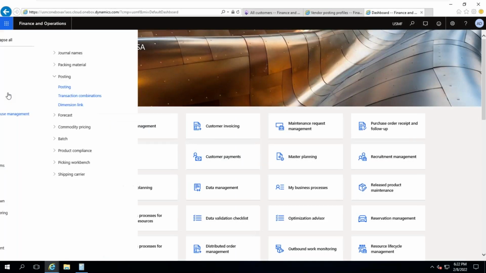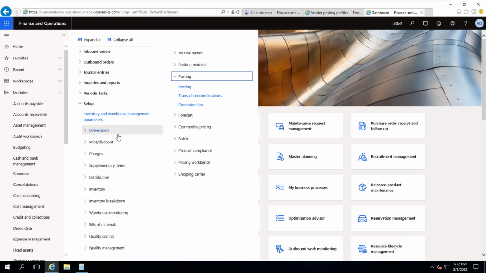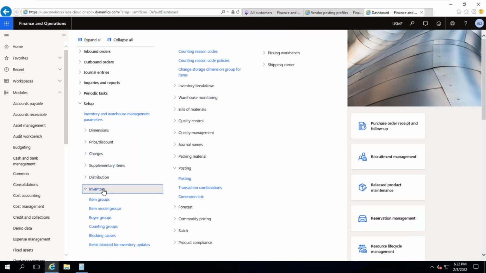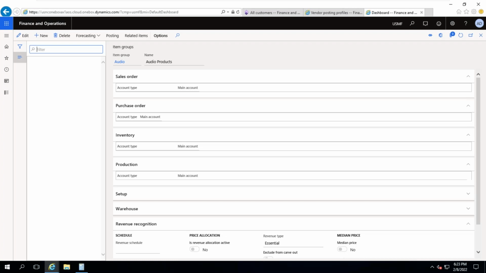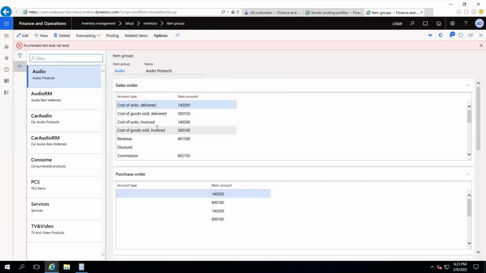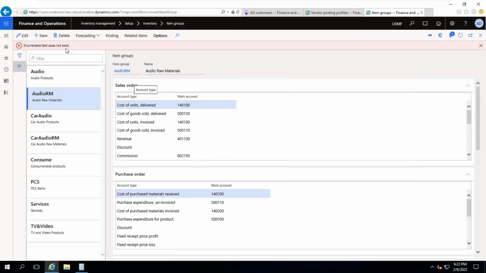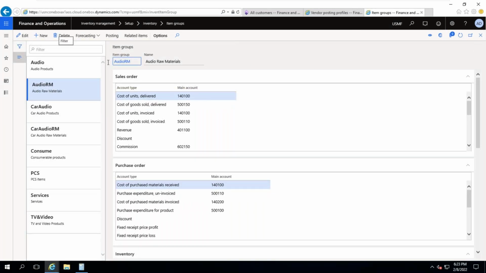So item is linked with, whenever you are creating an item master, item is linked with storage dimension group, tracking dimension group, product dimension group, item group, and item model group. Look at this one. So from here also you can see actually. So this is a technical error, leave it for you. In your system also it will be there. Second one, if you select, the technical error will disappear. So it is there. So say from here you can click on posting button.